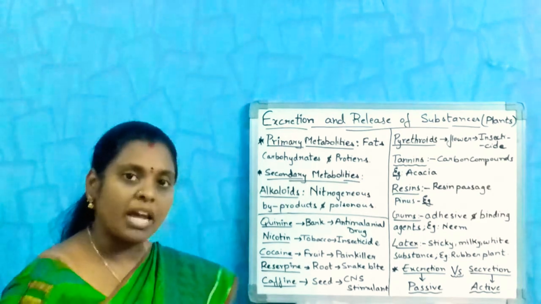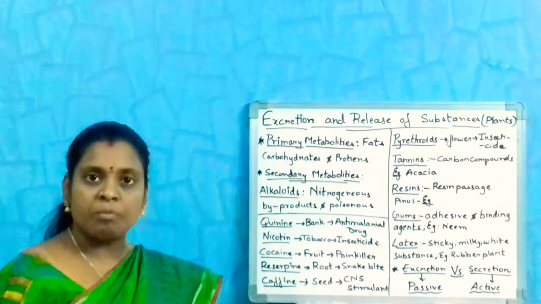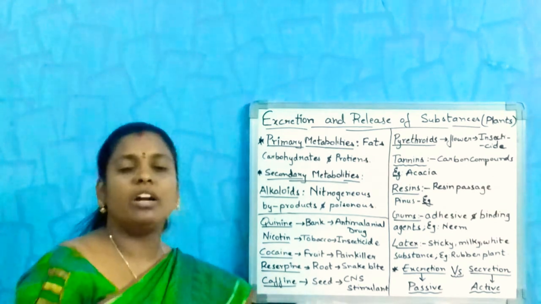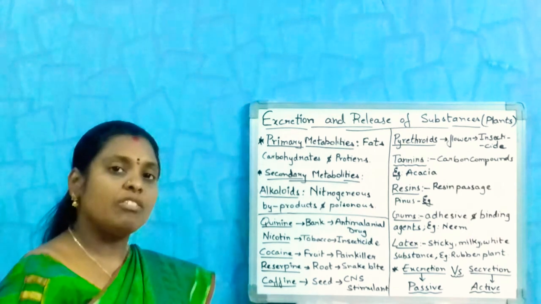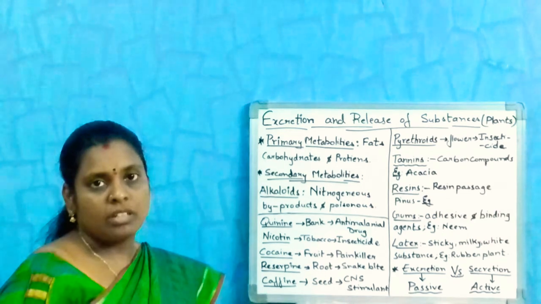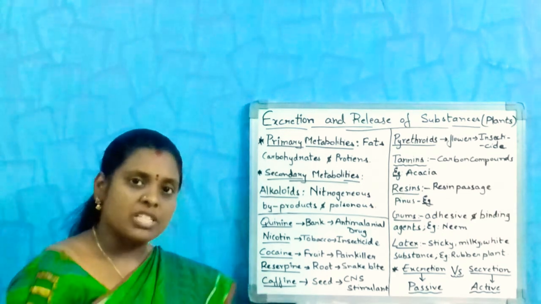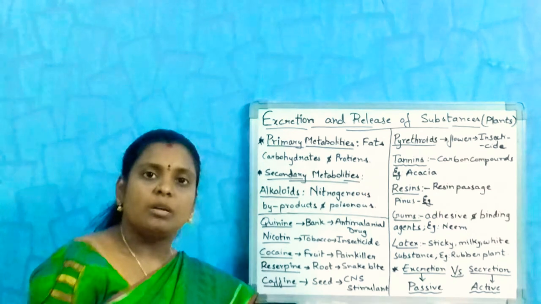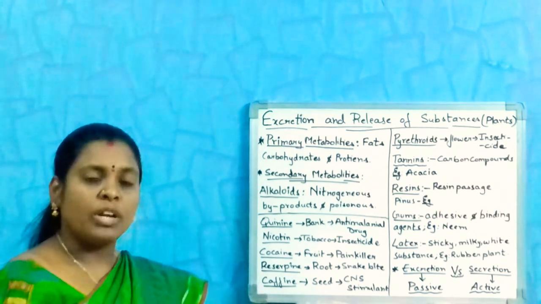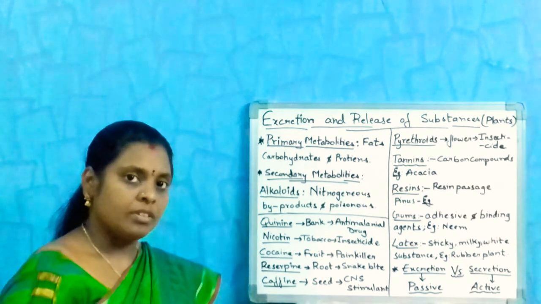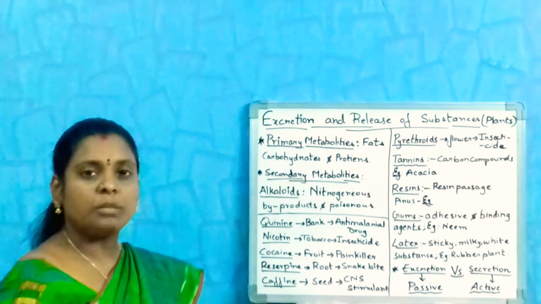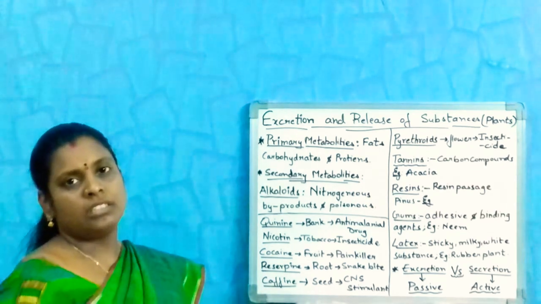Every part of the plant, including roots, stem, flower, and fruit, is involved in excreting the waste materials from the plants. Some wastes are accumulated in different parts of the plant and excreted through the respective part in the form of waste. Examples are gums, resins, tannins.